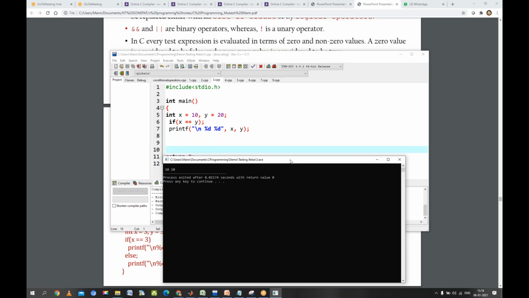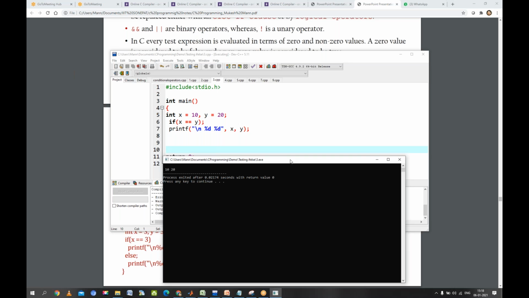Because yesterday we saw that when we do not use curly braces, by default the if applies to one statement, marked by a semicolon. Immediately after the if we have one semicolon, so it is taken as if x equals y, then curly braces, a semicolon, and the curly braces close, because only one statement is given.